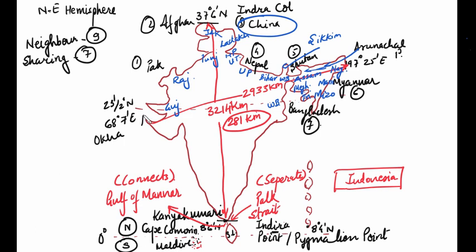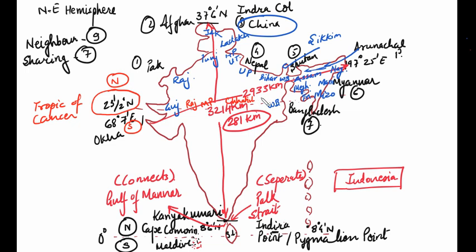India is divided into two parts by means of this Tropic of Cancer. The Tropic of Cancer passes through India and divides India into two parts, northern India and southern India. Okay, so this Tropic of Cancer passes through Gujarat, then here Rajasthan, then MP, then Chhattisgarh,